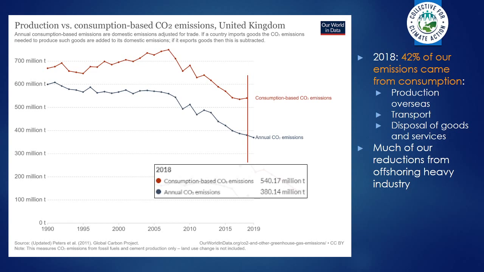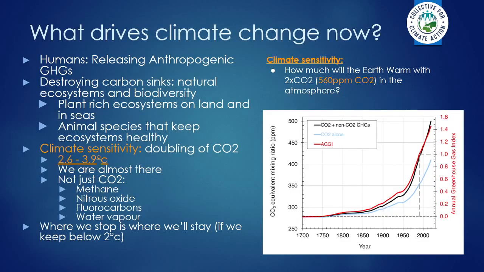And we've cut coal, which is great. And that was quite a happy accident with Margaret Thatcher, who got into a spat with the coal unions back in the 80s. And inadvertently, she was actually the first head of state to really look at climate change. But I think the Falklands got in the way of her actually doing anything about it. But much of our reductions come from offshoring our heavy industry and our polluting industries. So we've still got a lot of work to do.